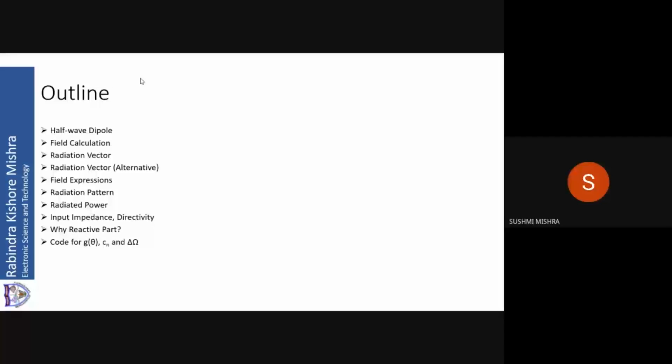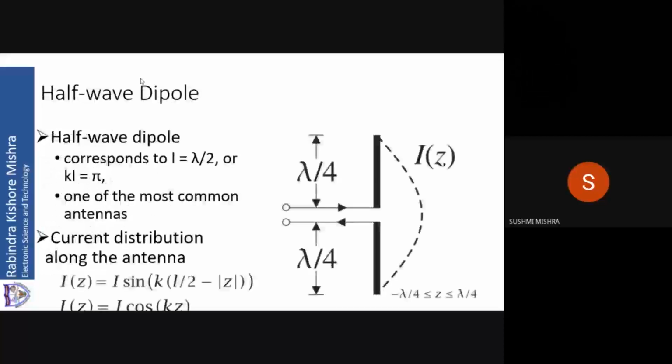Then we'll see a code. Today I plan to describe a MATLAB code for normalized gain, the normalizing constant, and the beam solid angle. Then we'll see the surface current distribution on the dipole in the simulated part. Then I will show the simulation and we'll discuss the simulations. Then we'll do an analysis of the impedance based on the simulation. Then we'll do an analysis of the pattern based on the simulation. So this is what I plan to do today.